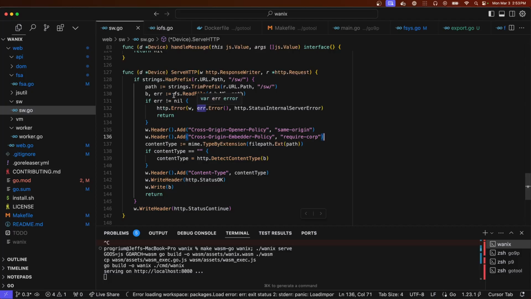I mean, I guess there could have been a read error and then it's generating a 500 error page and then saying, oh, you didn't have the headers, so we can't show it to you. I guess that is possible. Maybe we should just put these at the top.